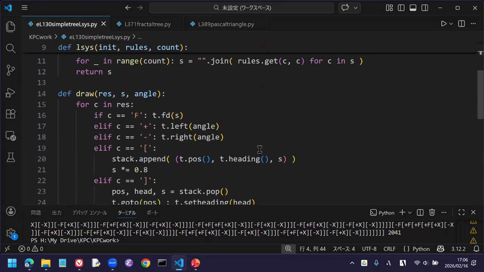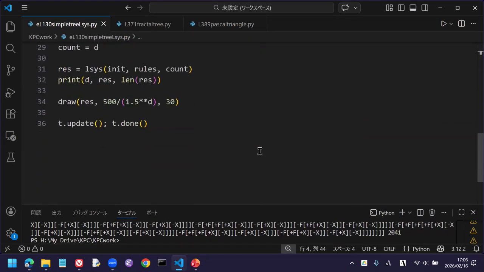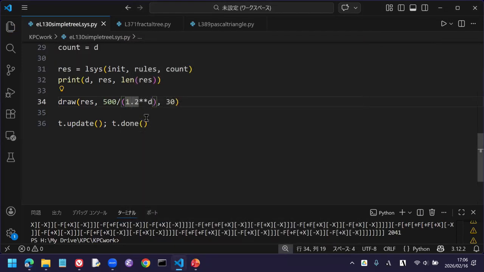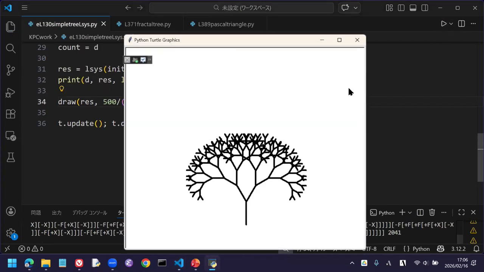Maybe the length is not good. So maybe 1.2 is fine. Okay, good. 0.3 maybe better. Okay, so good. Now we see by